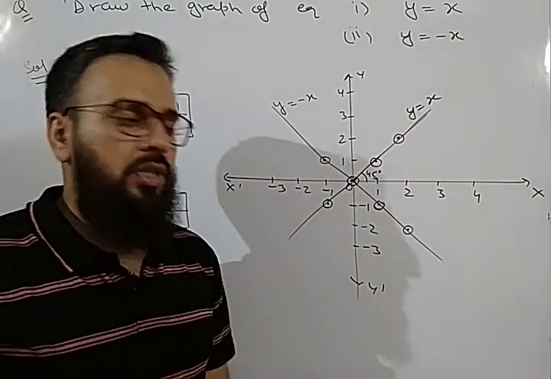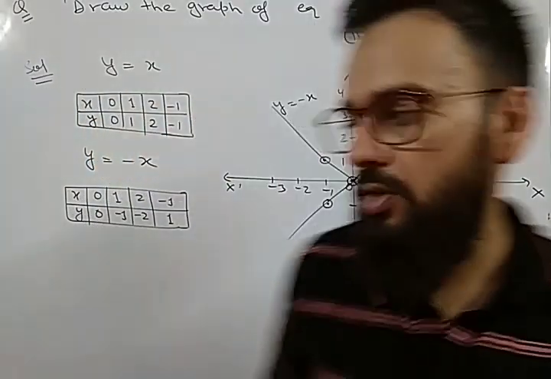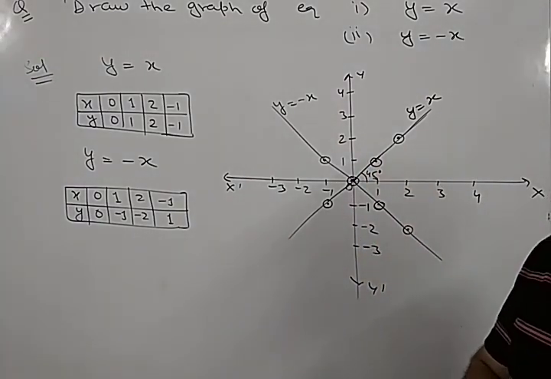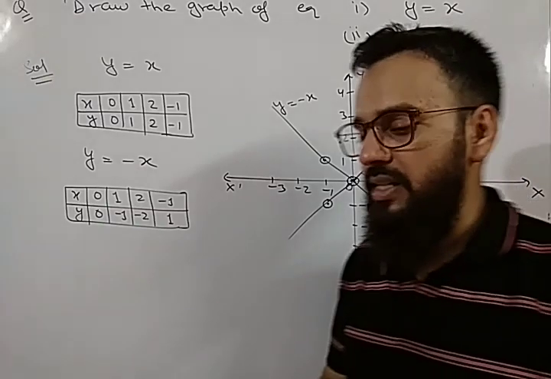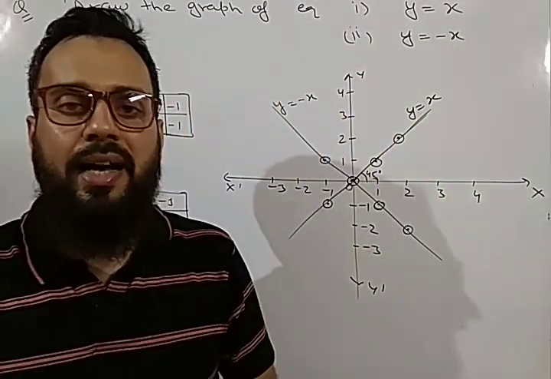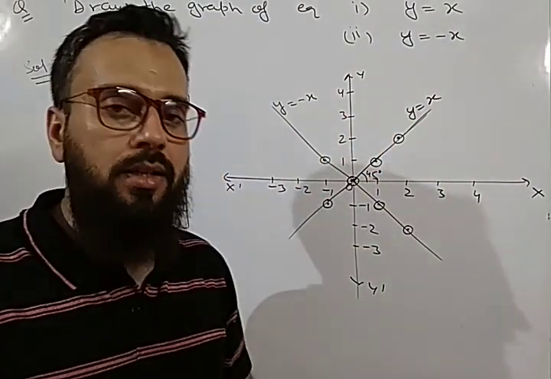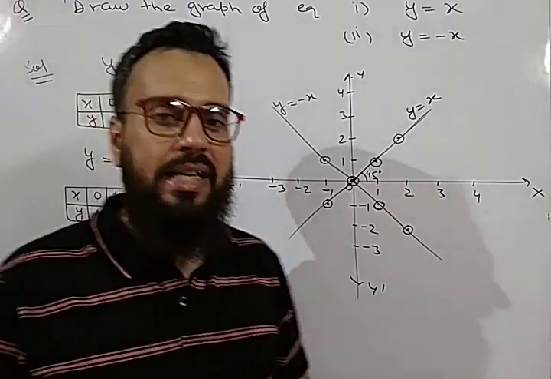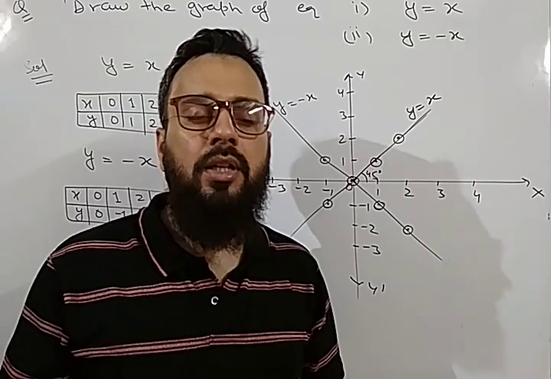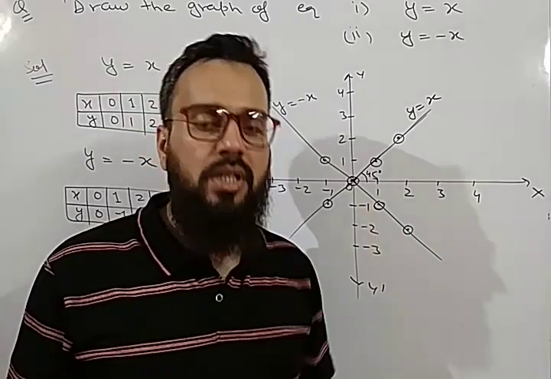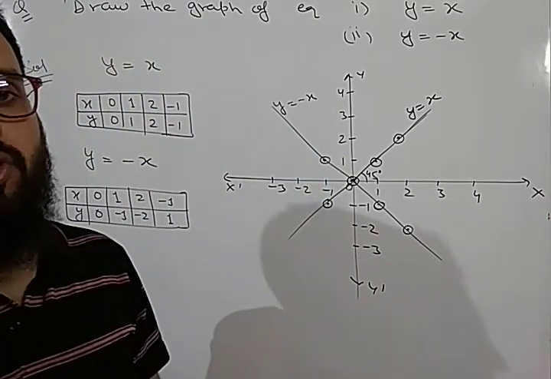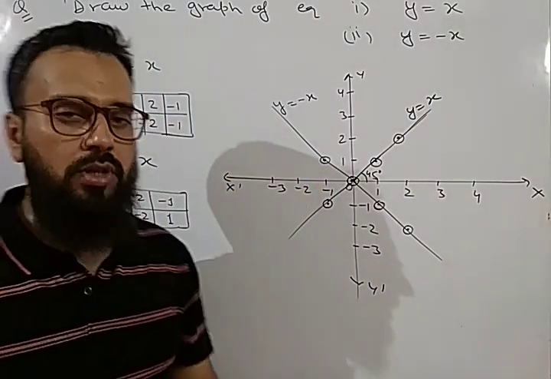Okay. So these were some important questions which we have discussed today. The starting two questions were very important. Now in the next class, we will discuss the equations of lines which are parallel to the x-axis, parallel to the y-axis, the equation of the x-axis, the equation of the y-axis, and then we will proceed further with the word problems based on linear equations in two variables. Till then, you have to revise all these topics and solve the questions based on them.